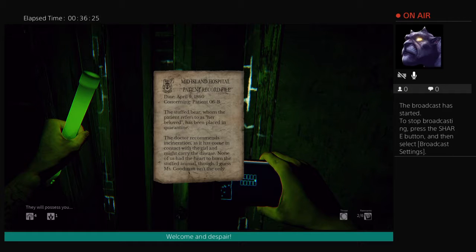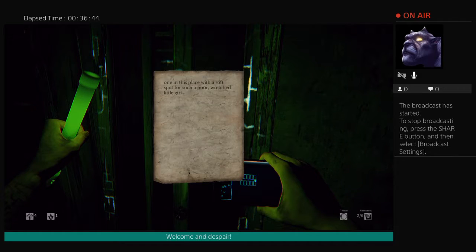At least have a flare, just in case things get bad. Mid-Island Hospital Patient Record File. Date April 9th, 1860, concerning patient 06B. The stuffed bear, whom the patient refers to as her beloved, has been placed in quarantine. The doctor recommends incineration, as it has come in contact with the girl and might carry the disease. None of us had the heart to burn the stuffed animal, though I guess Miss Goodman...